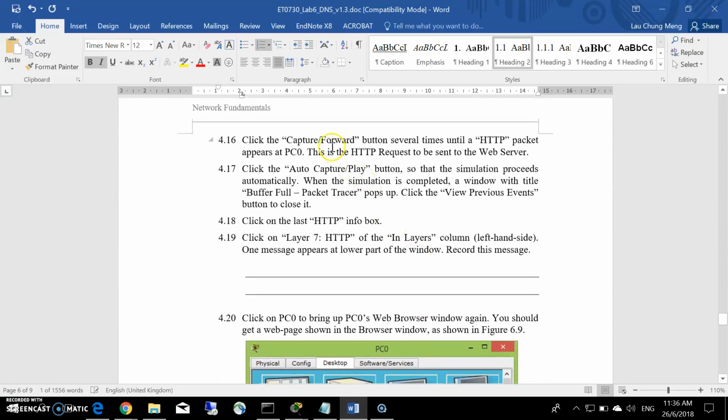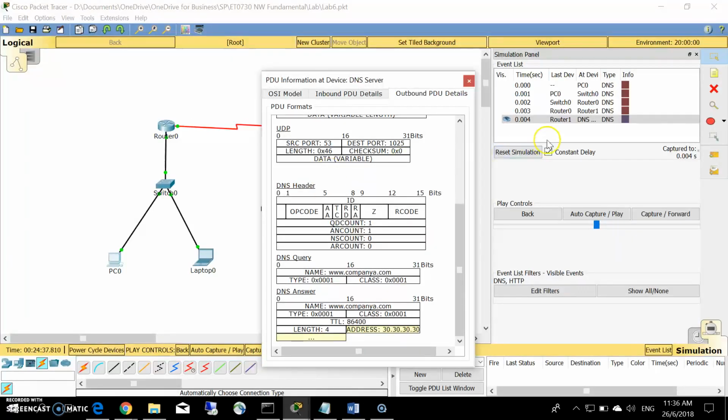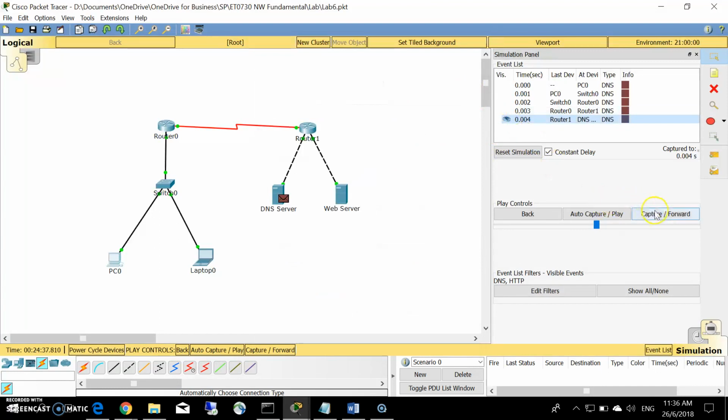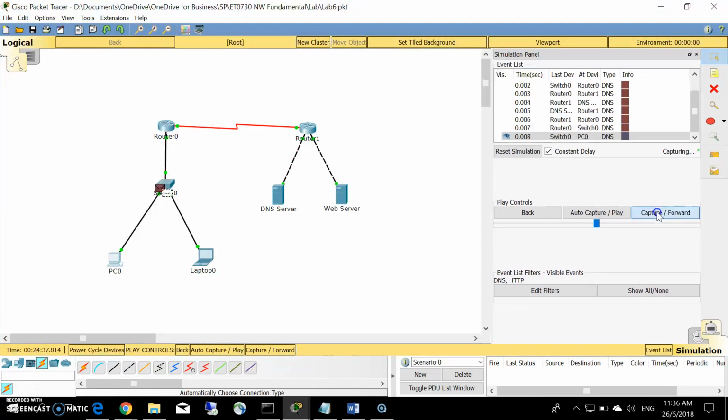We click capture forward several times until you see an HTTP packet appear at PC0. Let's try this. We'll close this. Let the DNS reply packet come back. And now PC0 knows the IP address of company.com. Then it created an HTTP packet.